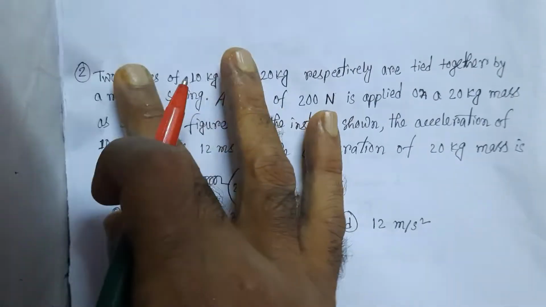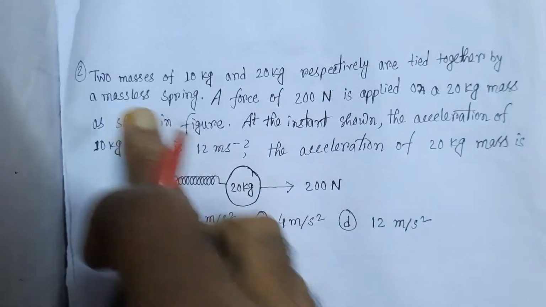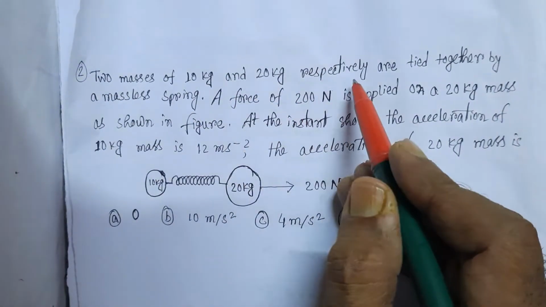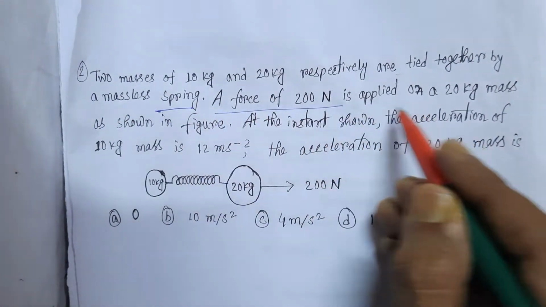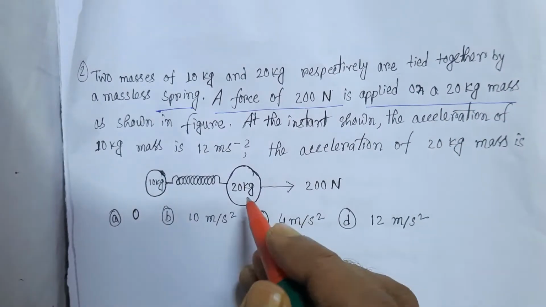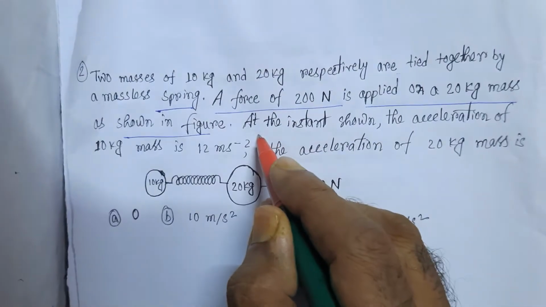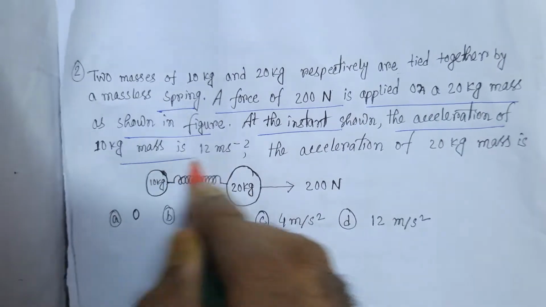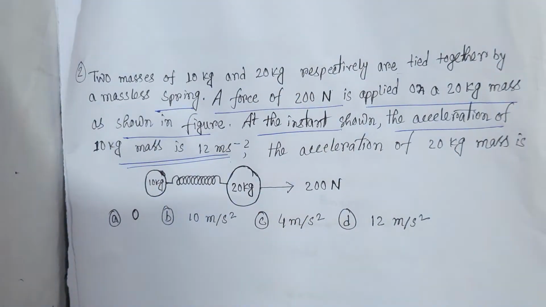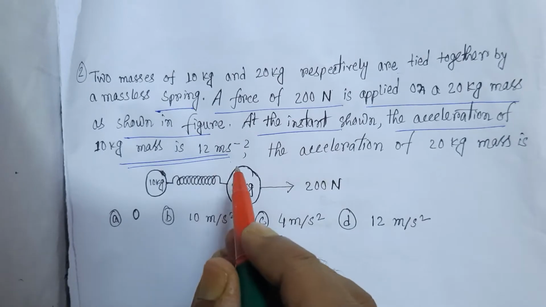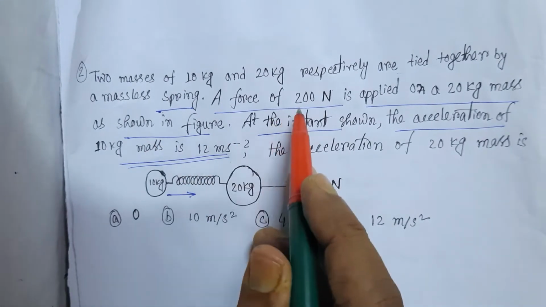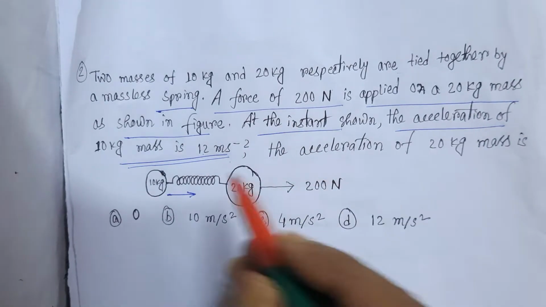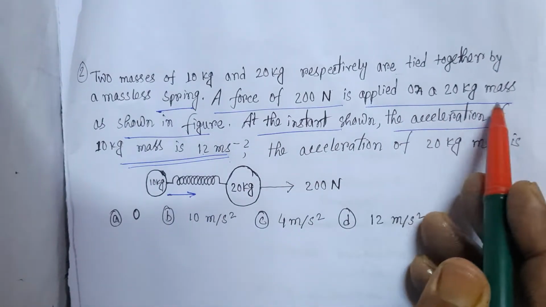Now let us consider the second question. In the second question, we see that two masses, 10 kg and 20 kg respectively, are tied together by a massless spring. A force of 200 Newton is applied on the 20 kg mass, as shown in the figure. At the instant shown, the acceleration of the 10 kg mass is 12 meter per second square. The 10 kg mass has acceleration 12 meter per second square, so the force acting on it is F equals ma,